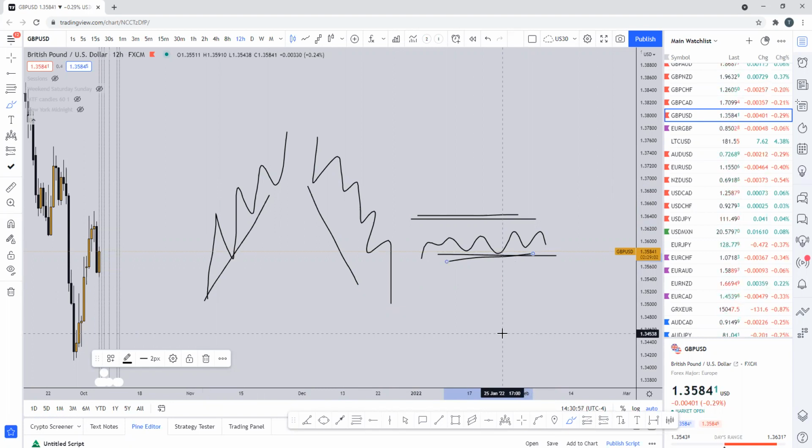With the ranging market, the range is just accumulating orders on both ends. So you'll have people up here selling, and you'll have people buying from up here, and they kind of just get caught up in the confusion of going back and forth. When that happens, the market makers, or the powers that be, of course, benefit off that. But what if I told you